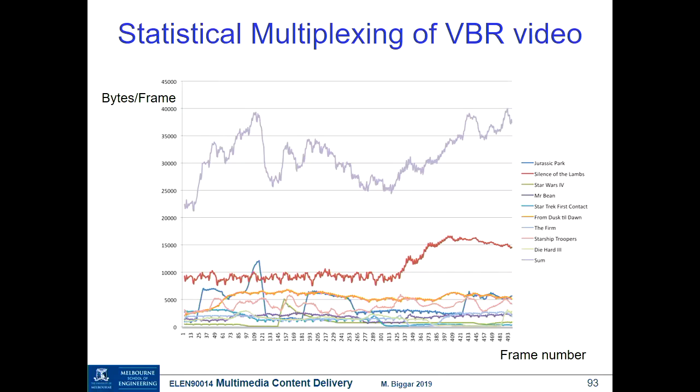The multiplexing is based on the statistical variation and the assumption that a high peak in all of these sources is unlikely to occur at the same time. But it is possible, right? We need to accommodate that possibility, and so